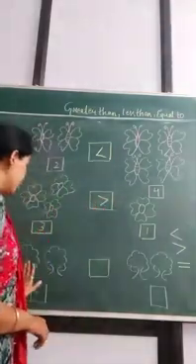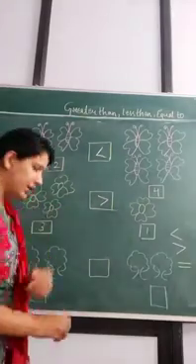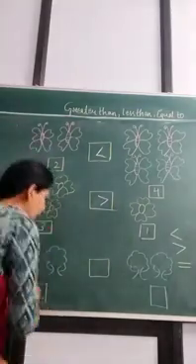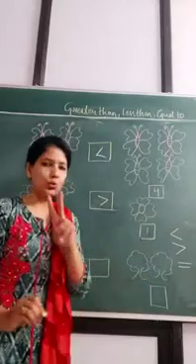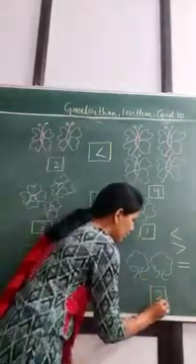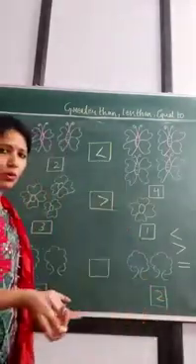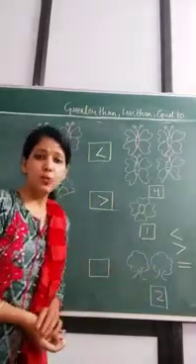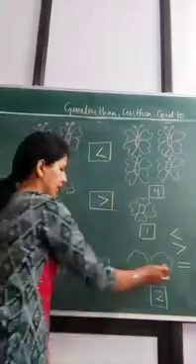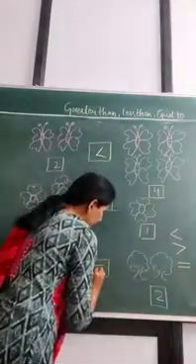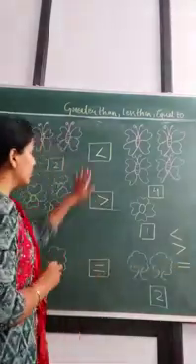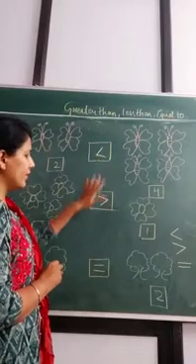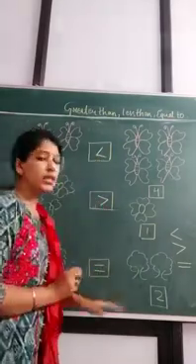Okay, let's count 1, 2. 2 trees. So write 2 in this box, and 1, 2 in this side. So there are no more or fewer objects. 2 trees this side, 2 trees in this side. So which sign are we going to put? Yes, equals to. So this sign represents equals to. This sign is the greater than sign, this sign is less than, and this one is equals to.